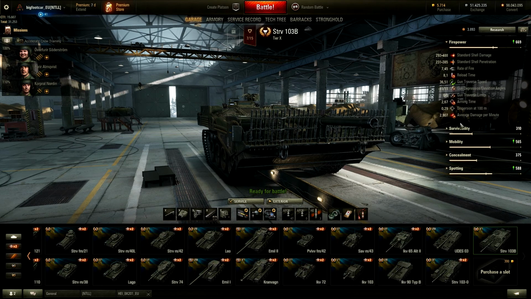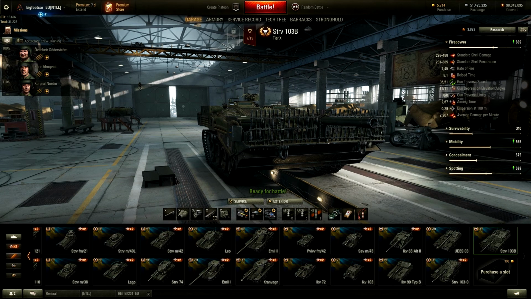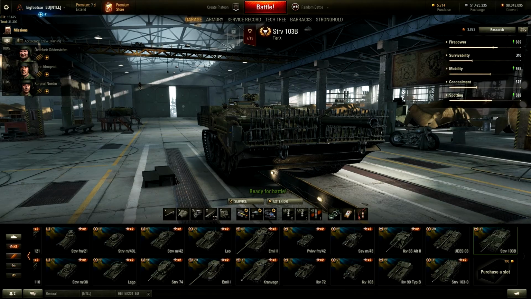But it has 2,900 average damage per minute. Now, that's for this travel mode. But when you go to siege mode, that number increases to over 4,000 damage per minute. This thing, when it goes to siege mode, it's basically